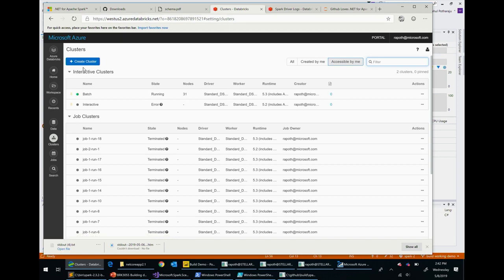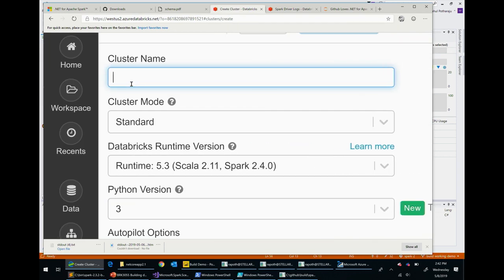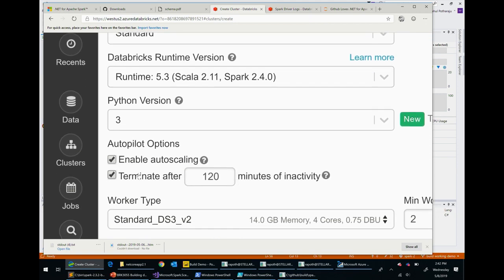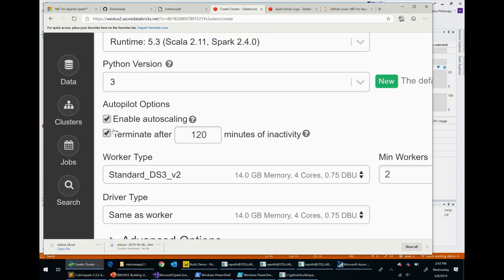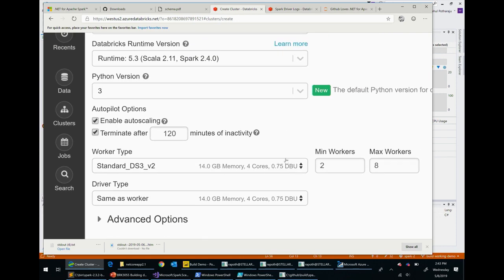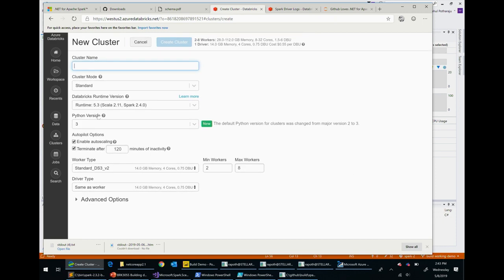If you go into cluster, create cluster, you can specify a bunch of things. You can say, hey, I want to enable auto scaling. I want to terminate the cluster after 120 minutes of it not being used. How many workers do you want? How much do you want to actually scale it to? So fairly simple stuff. You should be able to get started on this after reading some of the Azure Databricks